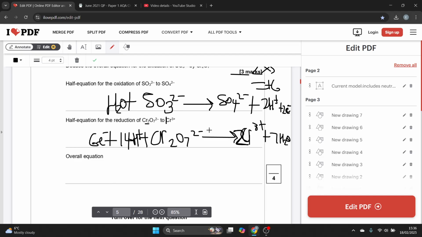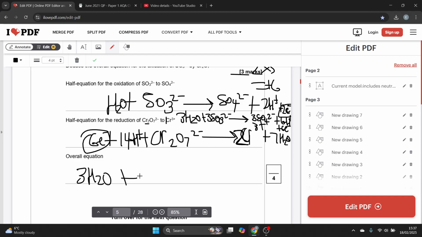Then I need to do overall equation 1 times by 3, because I need the negatively charged electrons to be the same. So if I times it by 3, I get 3H2O plus 3SO3 2 minus, to form 3SO4 2 minus plus 6H plus 6e minus. So I'm going to have 3H2O plus 3SO3 2 minus plus 14H plus